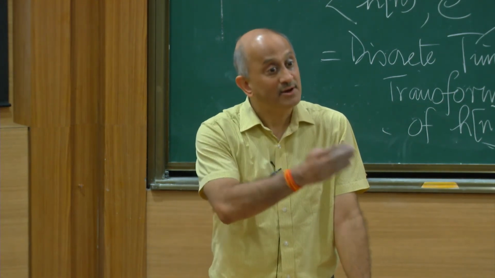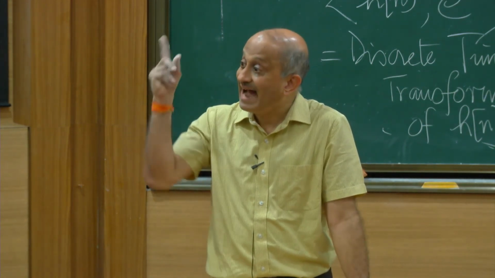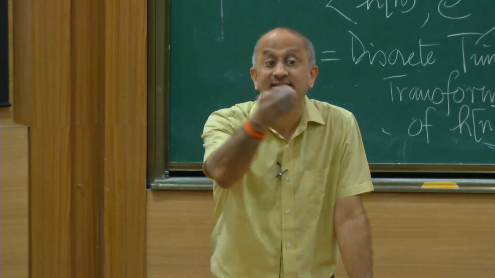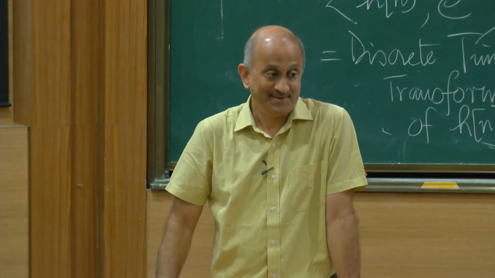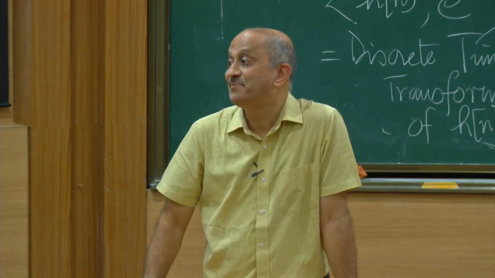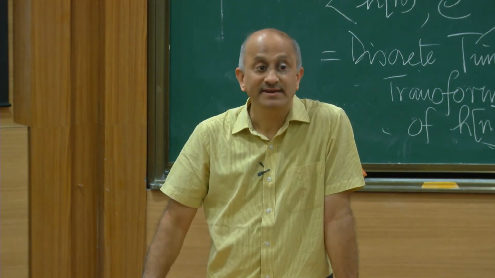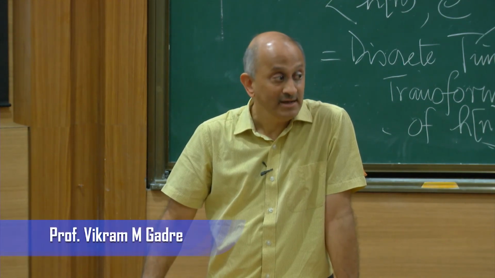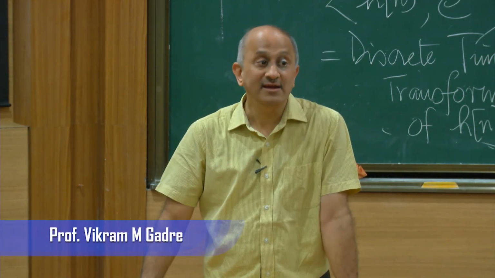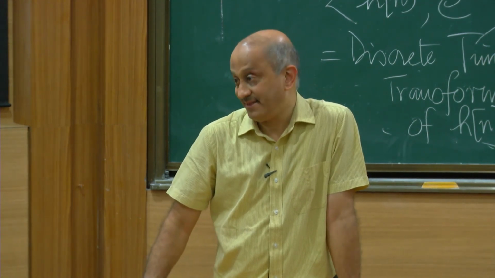And the other way of looking at it is, if I took the dot product of any sequence with a rotating complex number, it tells us what component of that rotating complex number is present in the sequence x[n]. How much of that rotating complex number is present in the sequence x[n]. That's why it's called the discrete time Fourier transform. It tells you the content of that rotating complex number present in the sequence x[n].